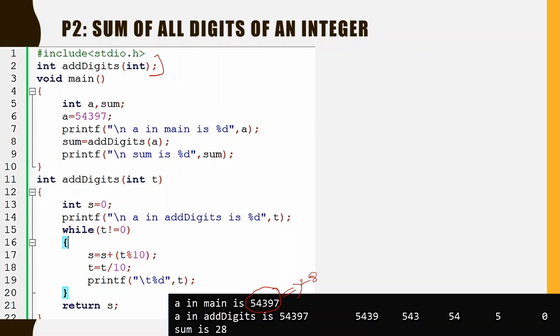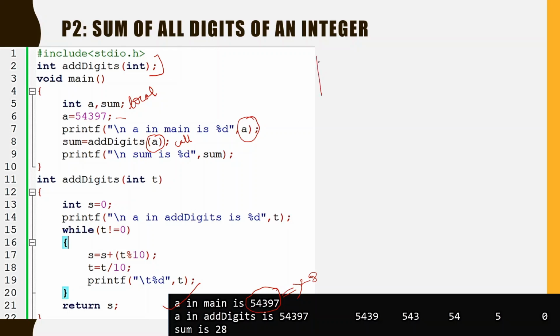Now see this: we have declared the local parameters to main, and we have also assigned a value to this a. Now this a is printed with printf backslash n. The value of a we have printed. Now there is a call of the function add digits, and an actual parameter has been passed over here.